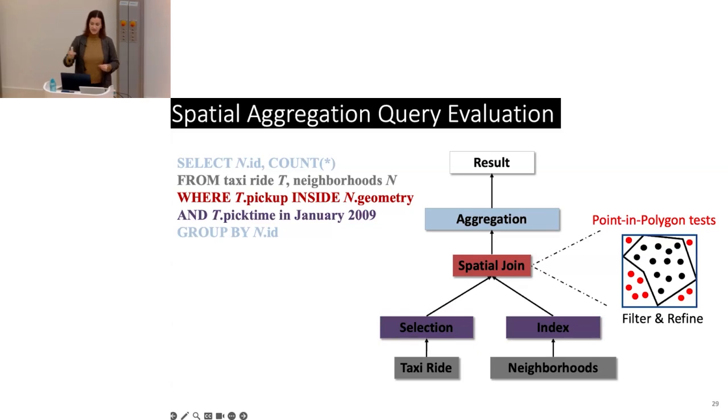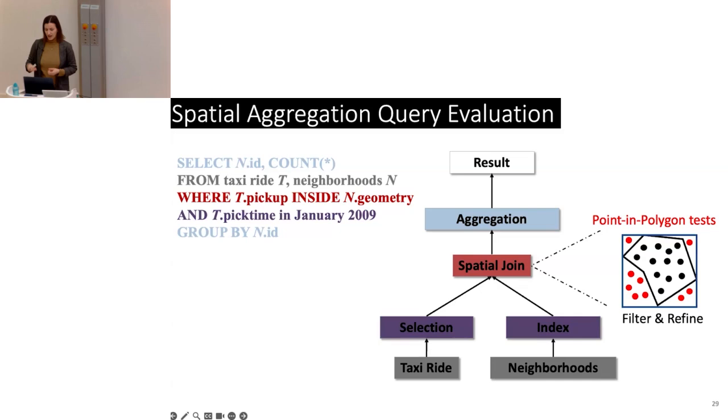And then, as you can see here, we have some false matches, which are the red points on the slide. So then we actually need to eliminate them, and we do that by doing this point and polygon test that I also mentioned earlier today,